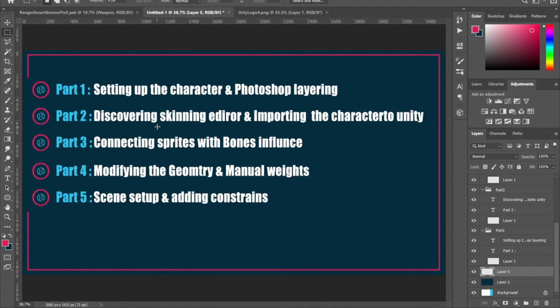Part 4 will be modifying the geometry, something which controls the sprite pretty much, and making manual weights, because usually automatic weights don't work as well, but if it did, well, nice, but I don't think so. Part 5 will be setting up the character in the Unity workspace in the hierarchy, and adding the constraints such as IK and FK. Alright,